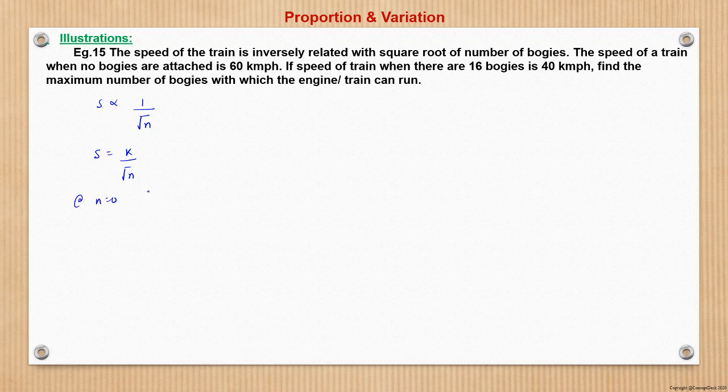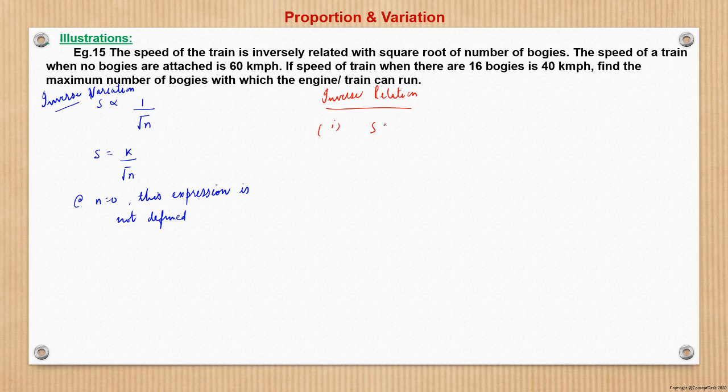At N is equal to 0, this expression is not defined. So certainly this form of inverse relationship, this equation will not take. So what are the other things? This was the direct, I mean, inverse variation, right? Let us take a case of inverse relation. Inverse relation actually we can write in two forms.